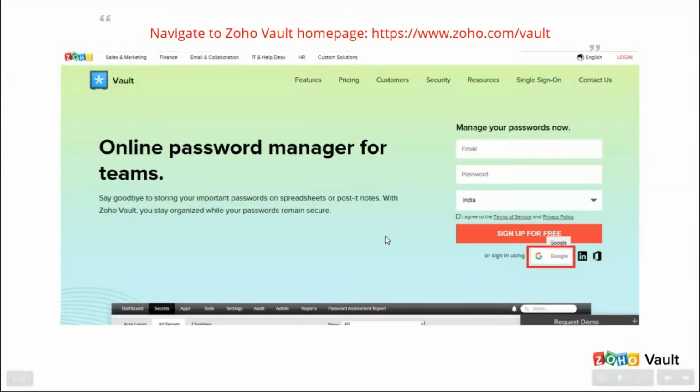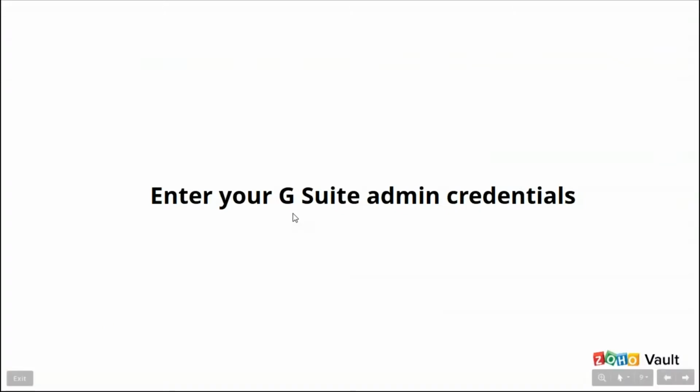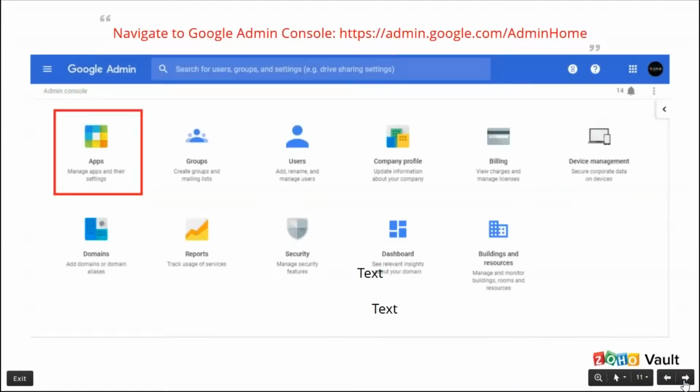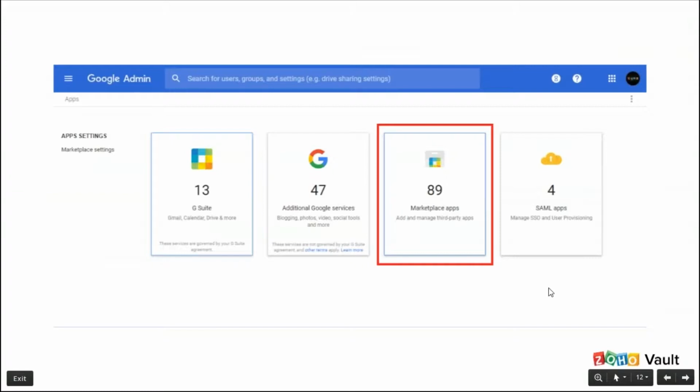So you can go to the Zoho Vault homepage and click sign in using Google. From here, you need to enter your G Suite admin credentials. You need to enter your super admin credentials in the login page of Zoho Vault, and then complete the account setup process. And then you need to navigate to Google Admin Console with the super admin privilege, go to the apps section, and click Marketplace apps,